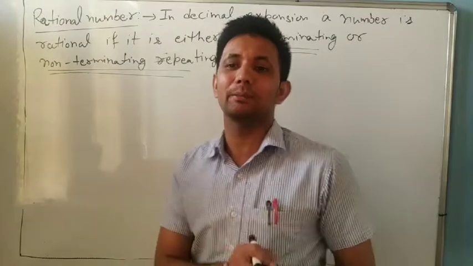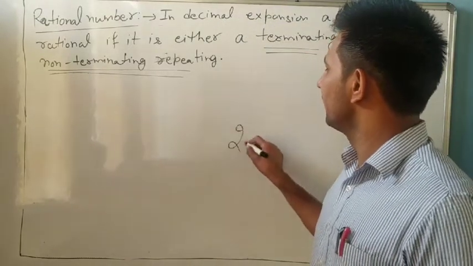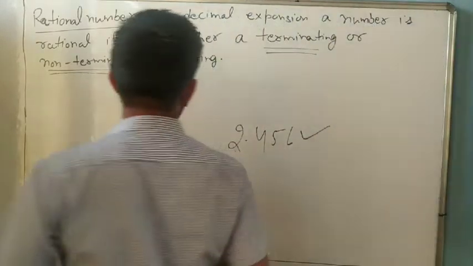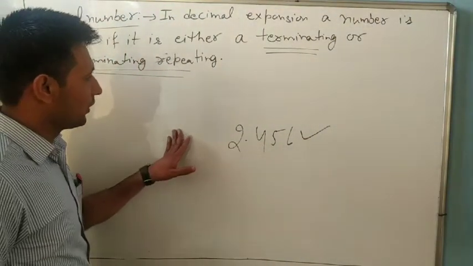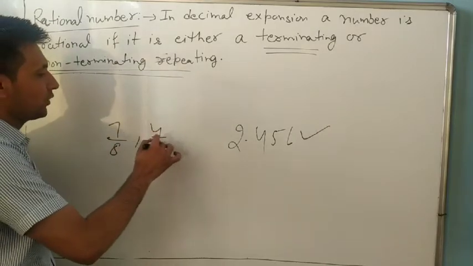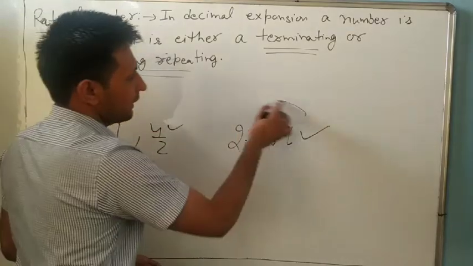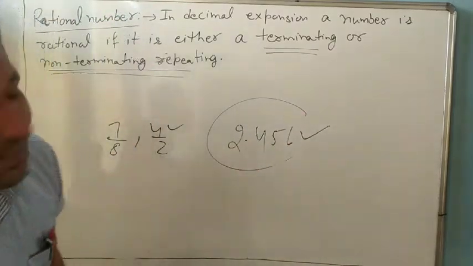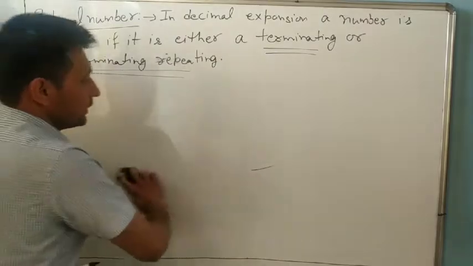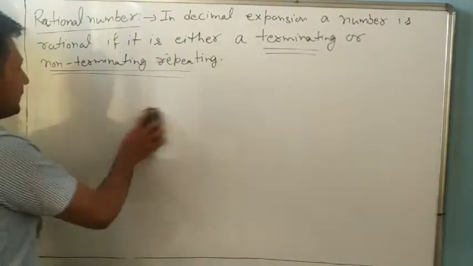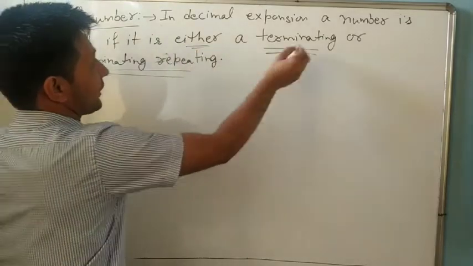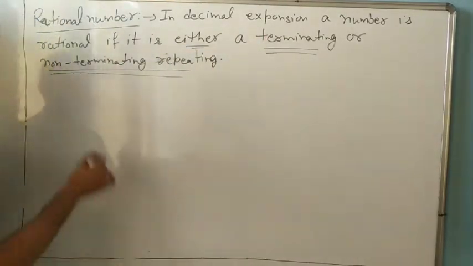In decimal expansion. Decimal expansion means a decimal such as 2.45. Till now we have learned the p by q form, like 7 by 8, 4 by 2. These are p by q form, and this is decimal expansion. A number is a rational number in decimal expansion if it is either terminating, for example here,